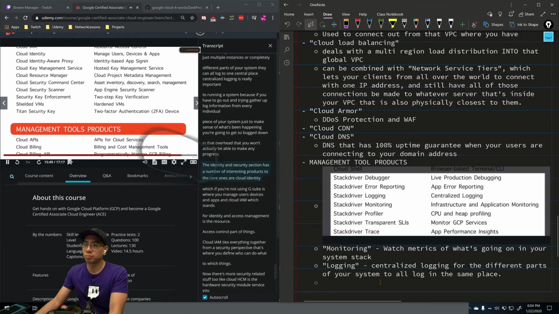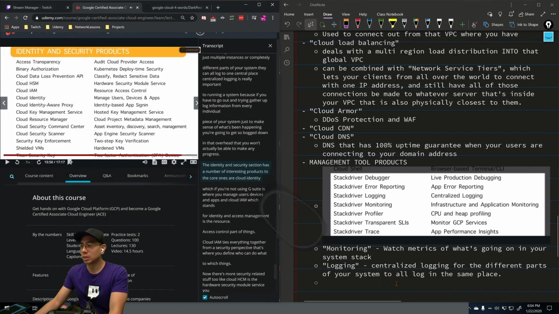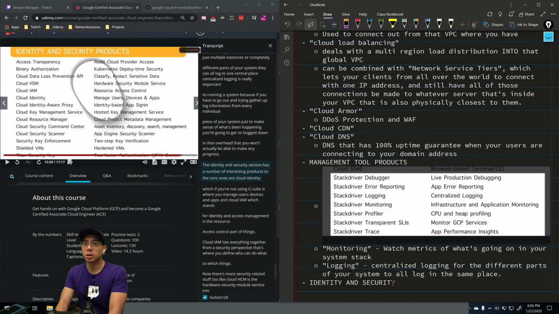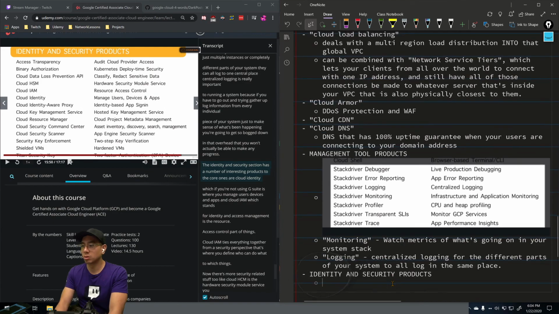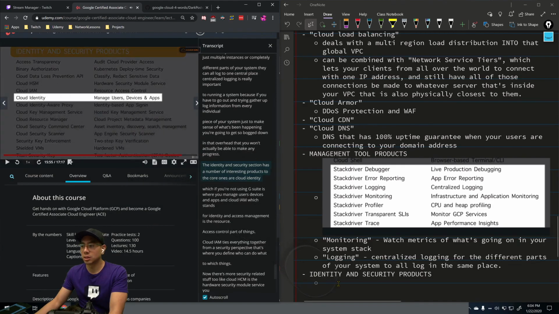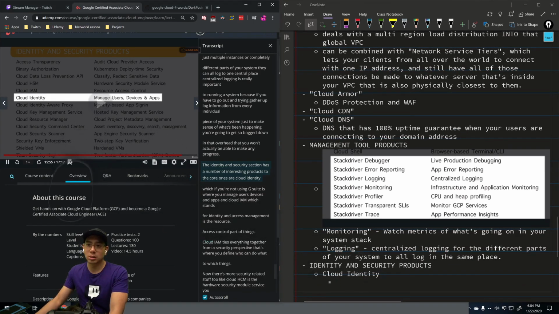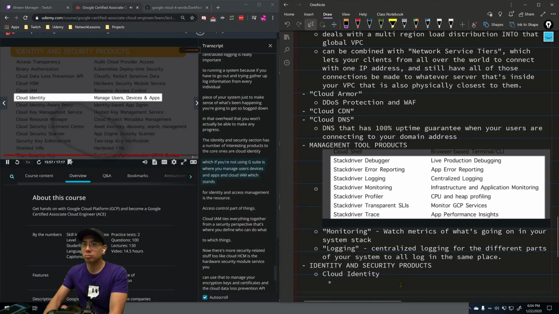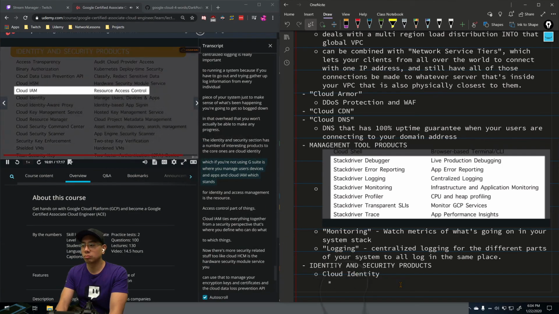The identity and security section has a number of interesting products too. The core ones are Cloud Identity, which, if you're not using G Suite, is where you manage users, devices, and apps, and Cloud IAM, which stands for